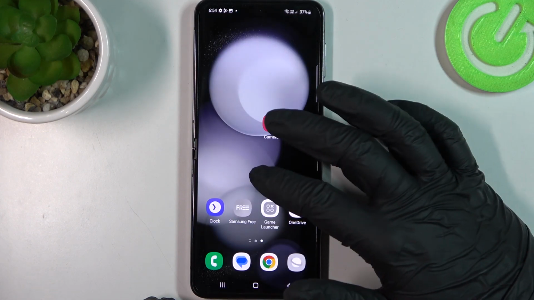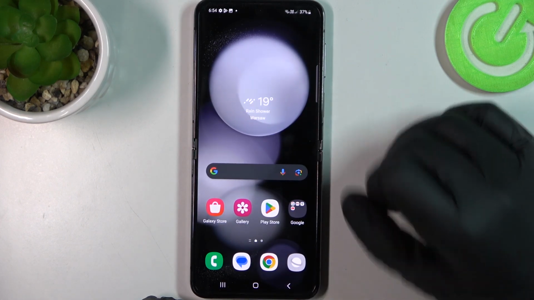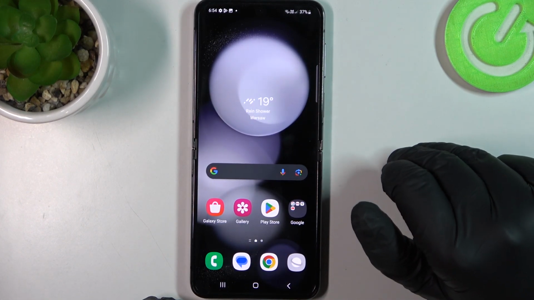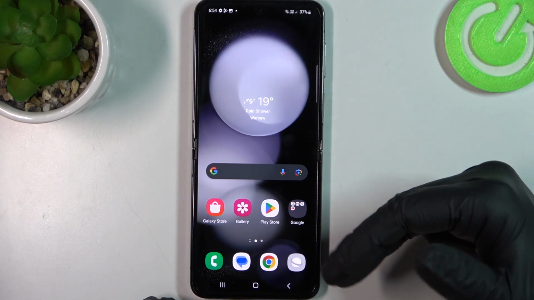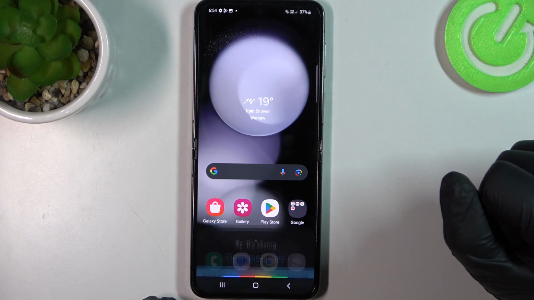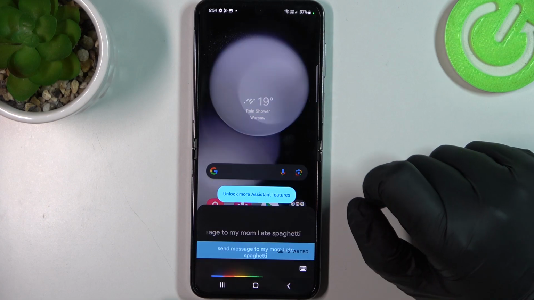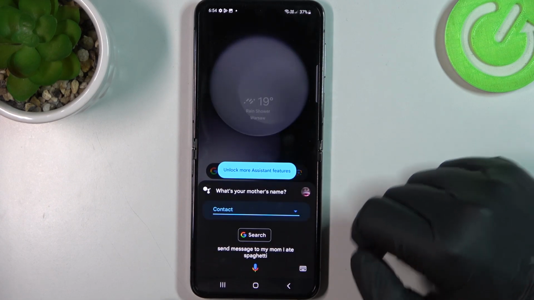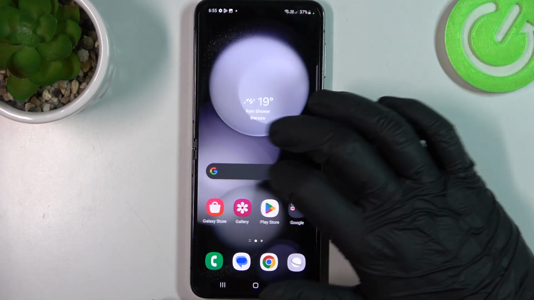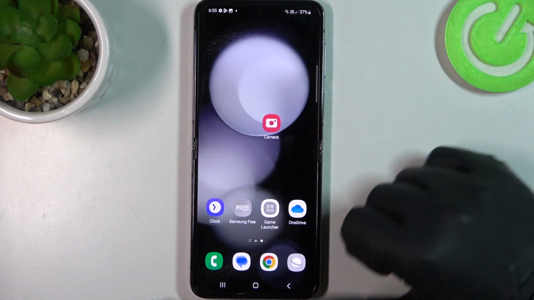Next one is to send a message, and you can also ask Google what should be included in that message, and then tell the specific contact from your contacts list to send that message to. Hey Google, send message to my mom, "I ate spaghetti." All right. What's your mother's name? Simply replace mom with somebody else from your contacts list,